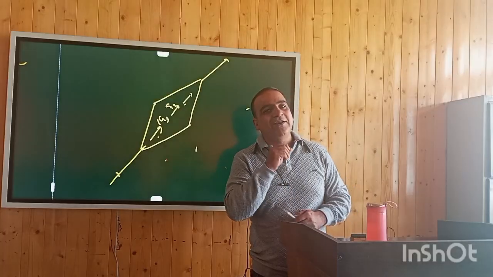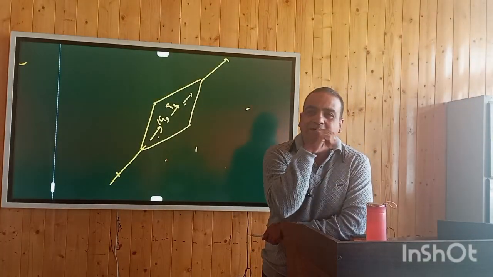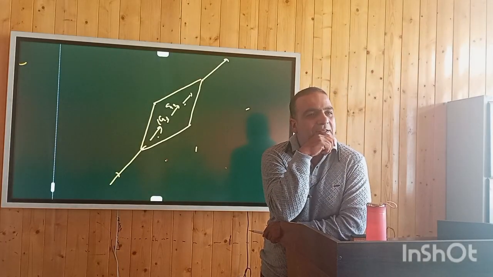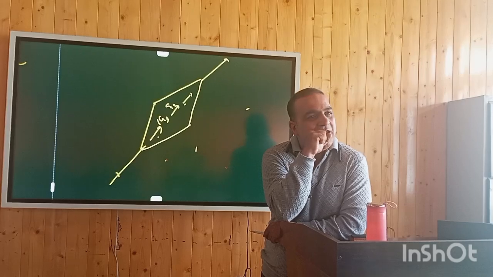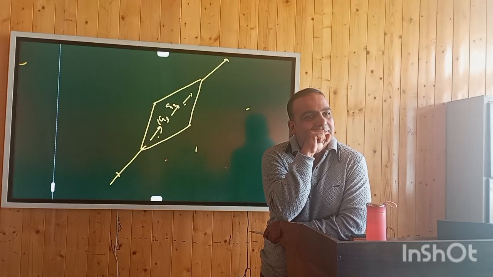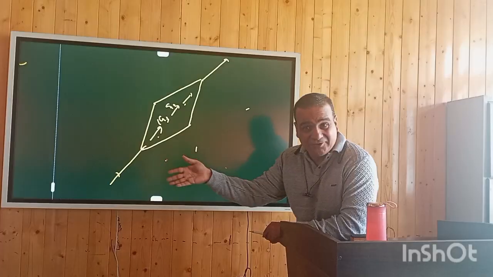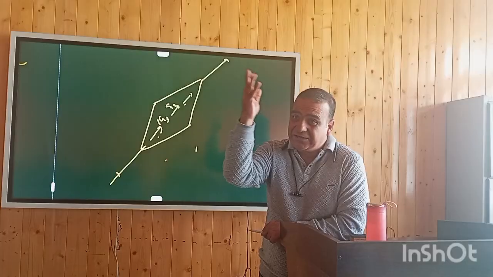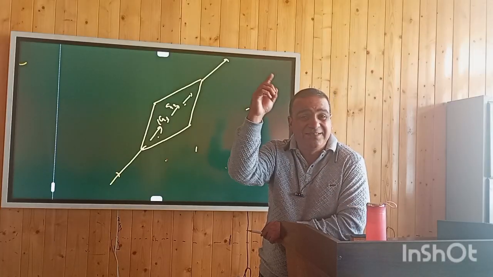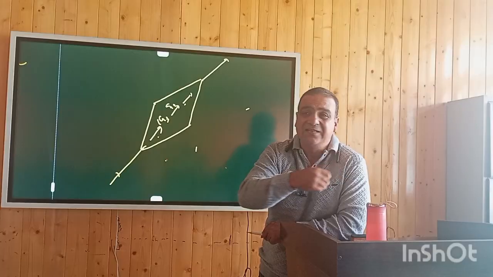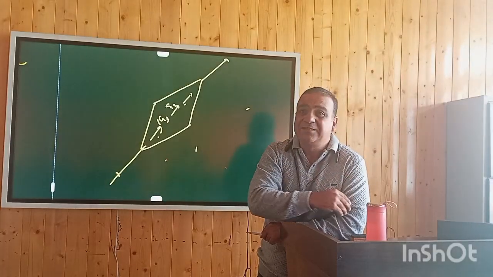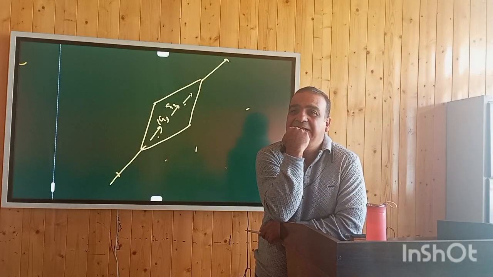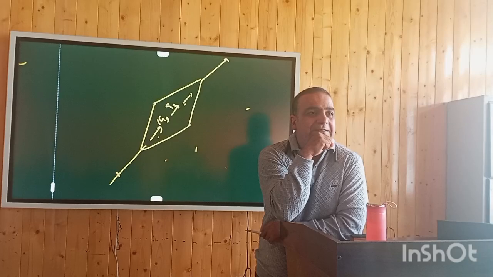Now, the operator is asking a question to this vector. He's telling him, come on, why didn't you change? I have acted on you. I have acted on many vectors in this vector space. Most of the vectors have changed their domains. Some of the vectors tilted, some rotated, some twisted, some reversed back. Why didn't you tilt? Why didn't you turn?